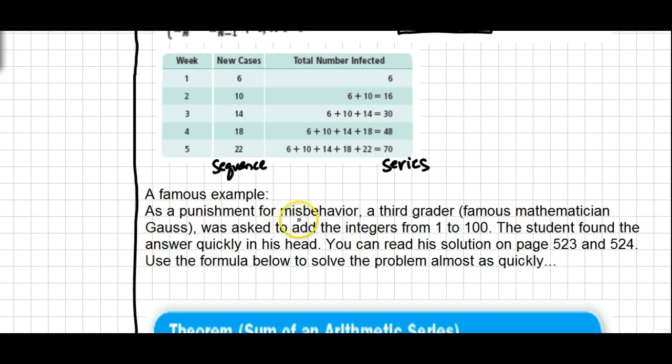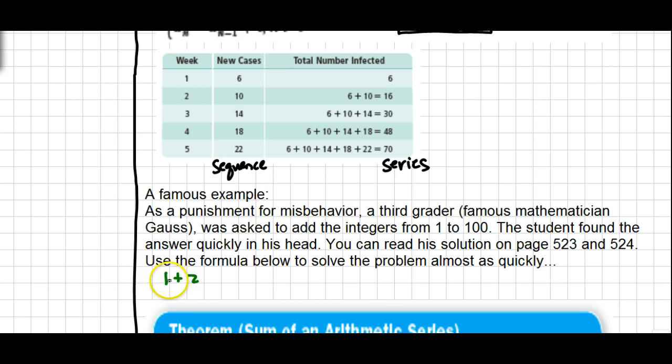He was probably super bored in her class, and so that's why he was misbehaving. So this kid, as a 3rd grader, grew up to be a very famous mathematician, but this problem ended up becoming very famous. The teacher asked him to add the numbers from 1 to 100,